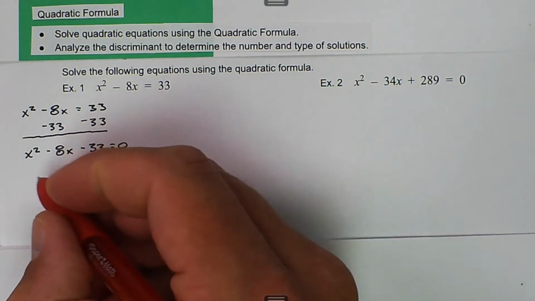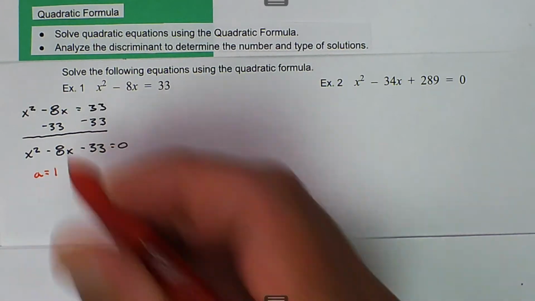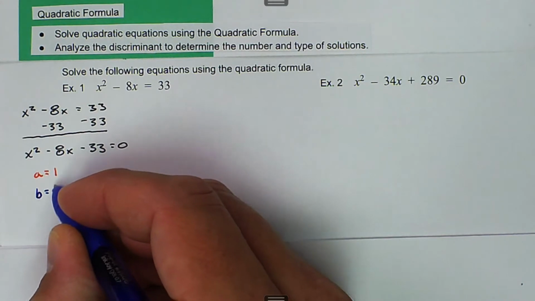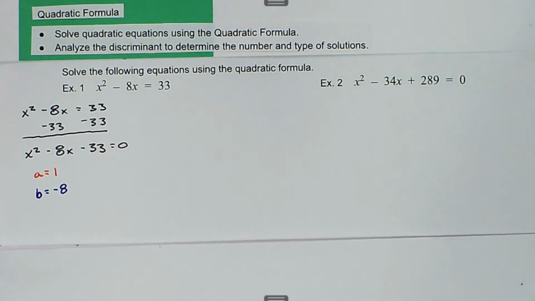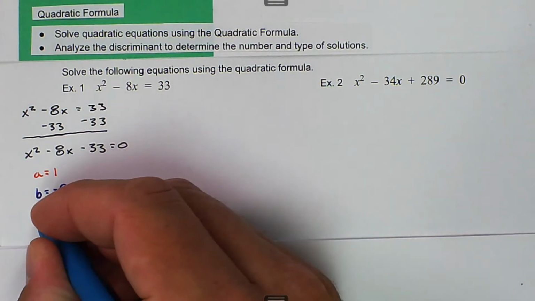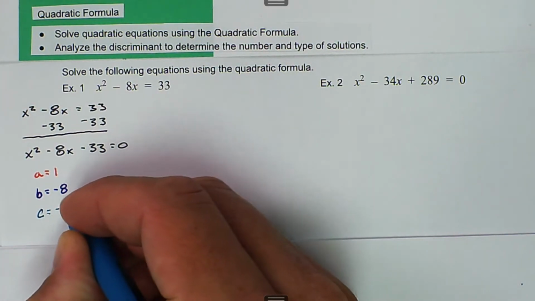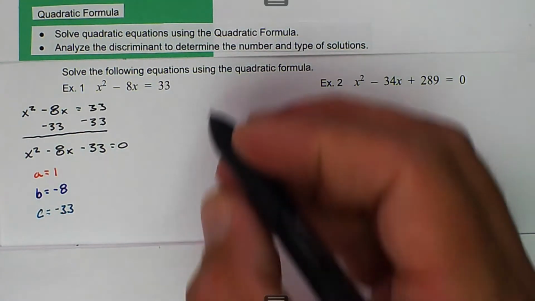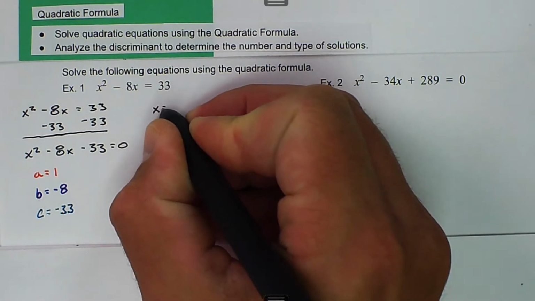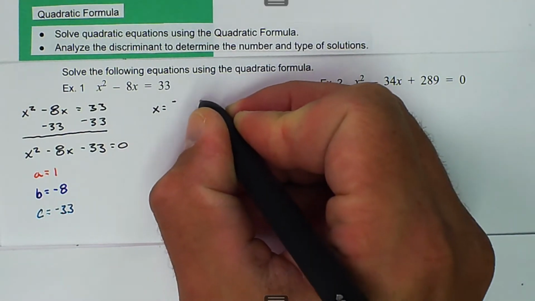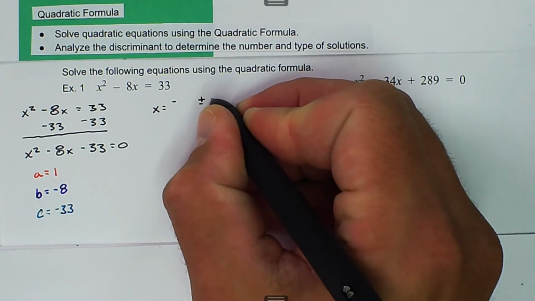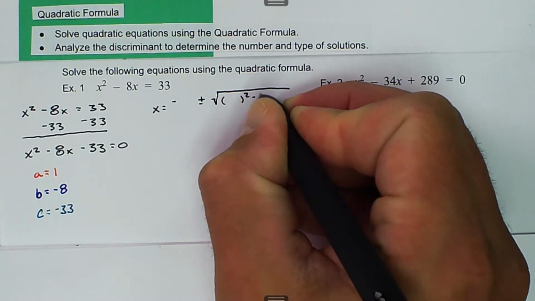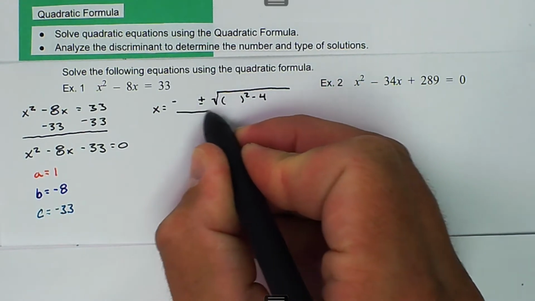We know that the a value is equal to 1. We know that the b value is equal to -8. And we know that the c value is equal to -33. So we're going to write down the quadratic formula, which is x equals -b plus or minus the square root of b squared minus 4 times ac